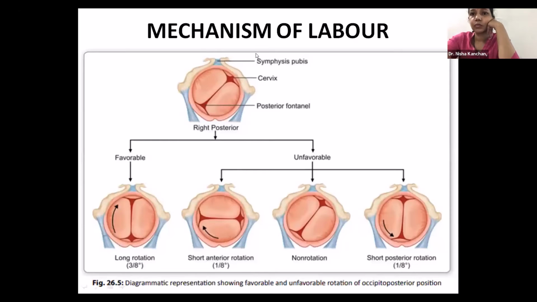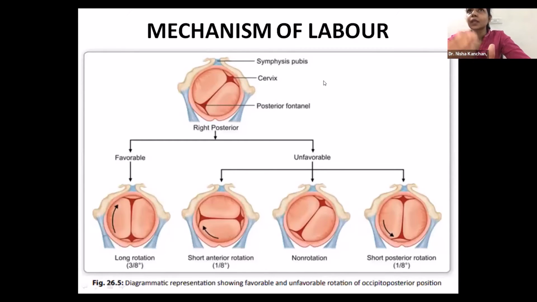When you do PV examination, you will feel that the sagittal suture is transverse and the baby's head is refusing to move from zero station, that is, at the level of the ischial spine. This condition is called, very good, deep transverse arrest. So when the occiput fails to rotate 3/8 of a circle, but rotates only 1/8 of a circle and then gets stuck at that position with the sagittal suture lying horizontally, this condition is called deep transverse arrest. For UG level, if this happens, your answer should be, I am going to do a cesarean section. There are multiple rotational forceps and all available, which you need not know. So if deep transverse arrest happened, you can directly say that I'm going to do a cesarean section.